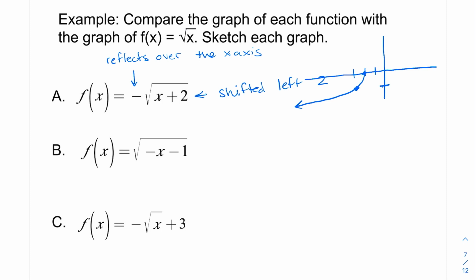And then if you go over 2, 3, 4 more, down 2. And then our domain, x can be negative infinity all the way until 2, and we can include 2. Sorry, not 2, negative 2. All right,